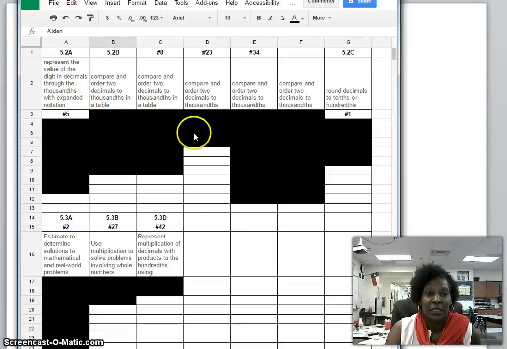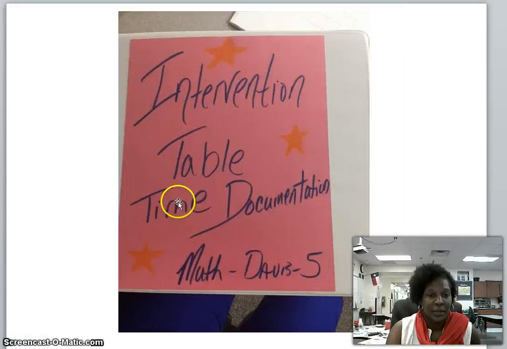And now I'm listing them in their objective groups. So if I wanted to pull a table, I can pull that whole group and work with them at that one time if I wanted to do it as a small group. If I wanted to do it individualized, then I need to give them their individualized lesson. And that looks like